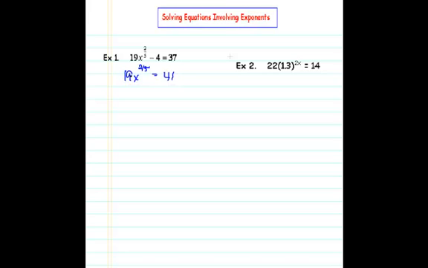Because this exponent only applies to the x, it does not apply to the 19, I'm going to want to get that x by itself. So x to the 2/5 is 41/19, which doesn't divide very nicely, so I'll just leave it in that form. Now the next step is going to involve undoing this exponent, and there's a property of exponents that says when you raise both sides to an exponent, that something that has an exponent to an exponent,